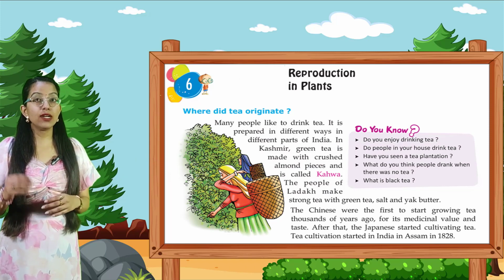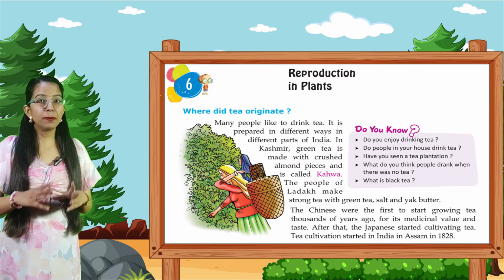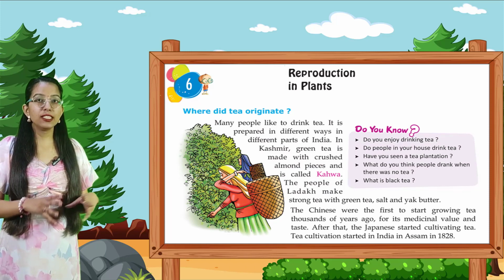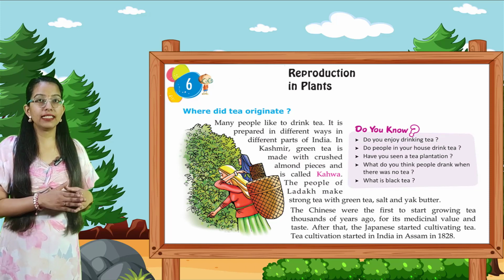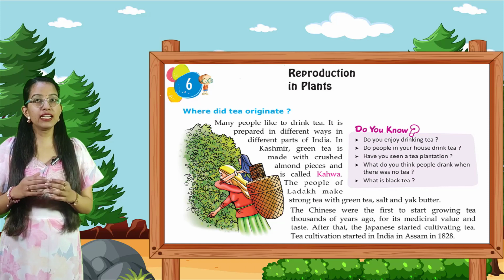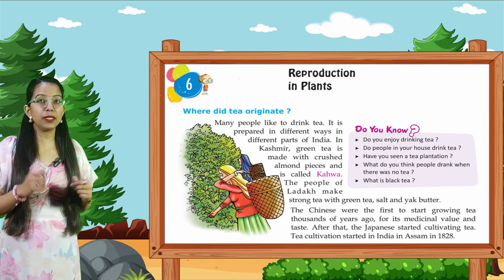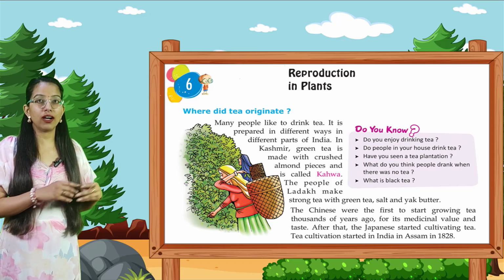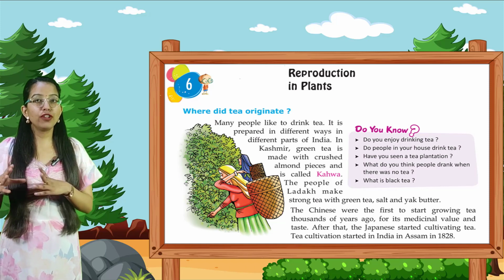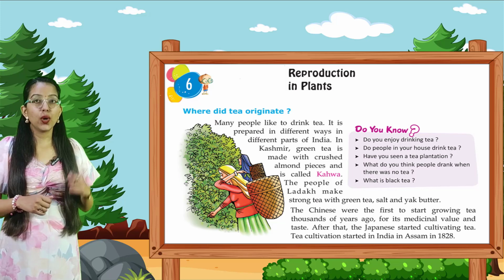Where did tea originate? Many people like to drink tea. It is prepared in different ways in different parts of India. In Kashmir, green tea is made with crushed almond pieces and is called kahwa. The people of Ladakh make strong tea with green tea,